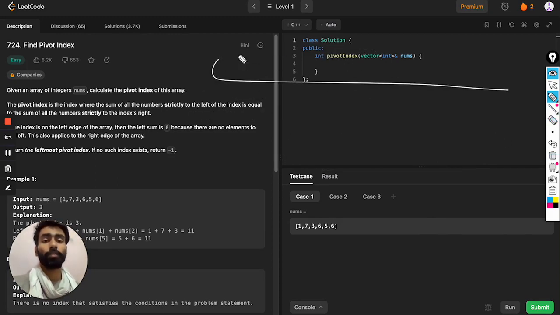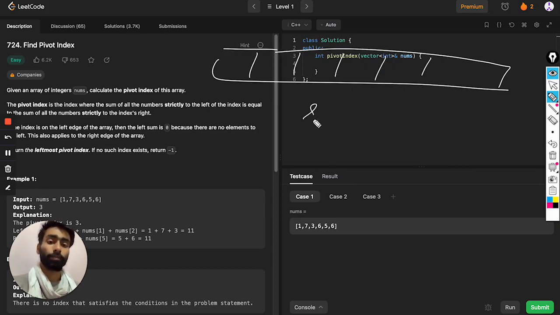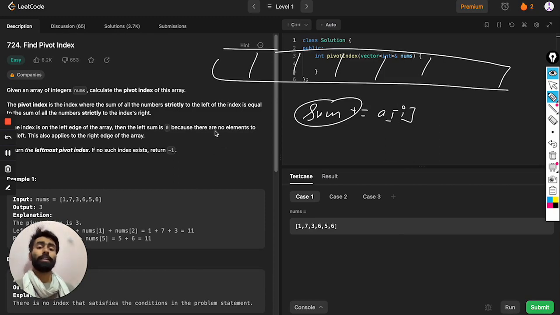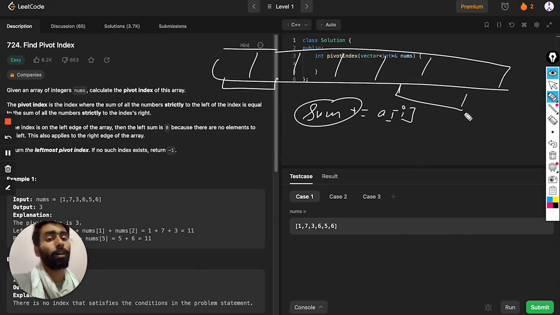So it is complex if we use this method, but it becomes easy when we add all the elements of the array at once. That is, in sum we add all the elements of the array, and we again start adding from the left or from the right, not both.